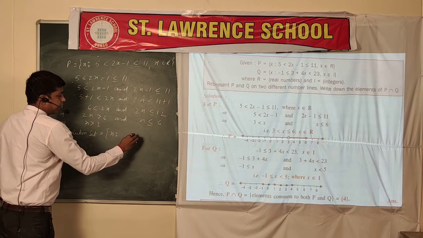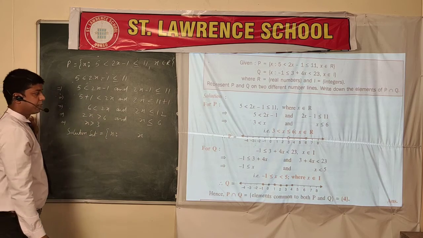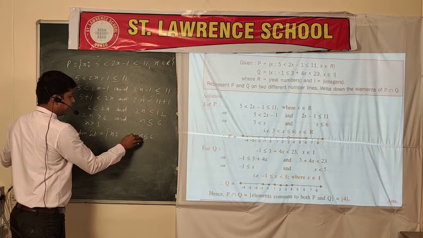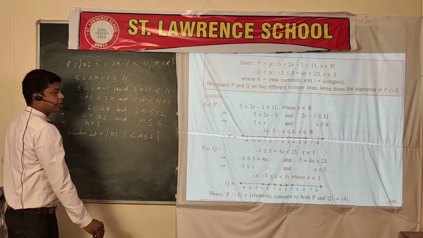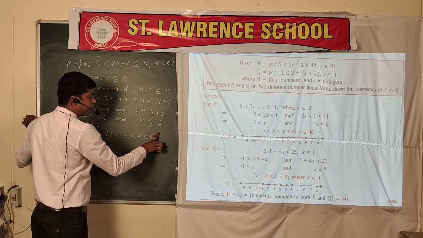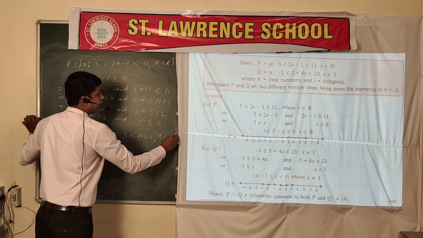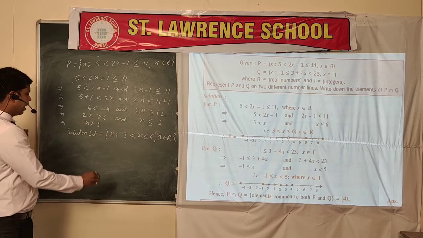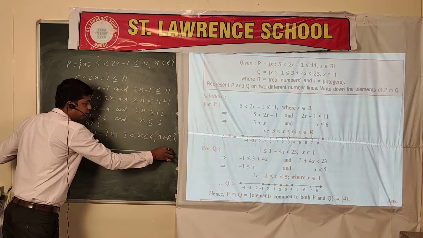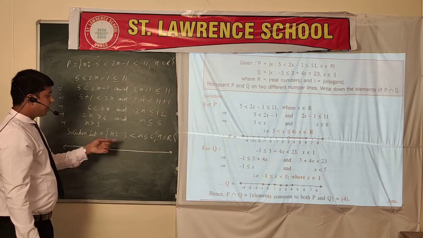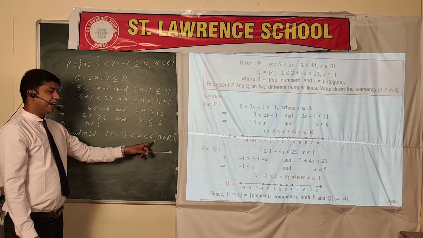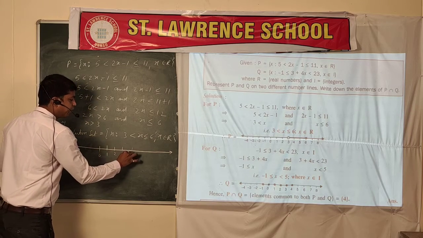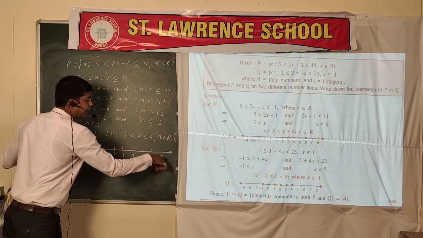X is such that X is less than or equal to 6 and greater than 3. Clear or not? And here you have to write one thing more, that is X belongs to real numbers. And if you want to represent this set on the number line, how do you represent a real number on the number line? You see, your left value is 3 and the right value is 6. Right here is 0, 1, 2, 3, 4, 5, 6 and 7.